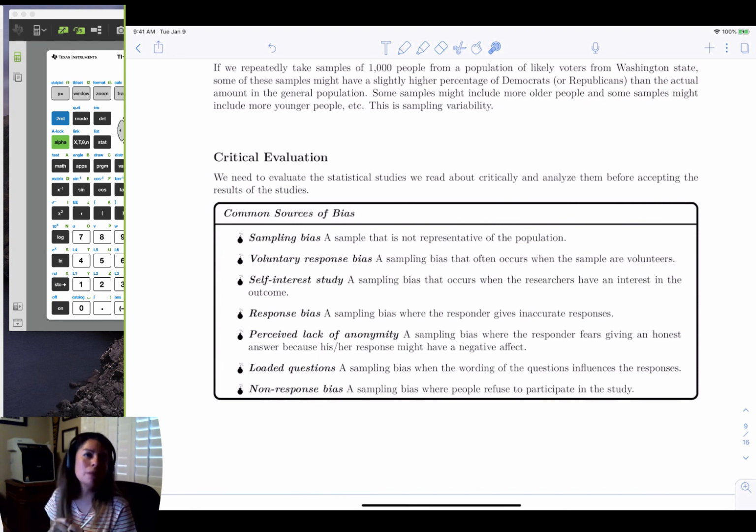So sampling is going to be really important because that's where you're going to get your data from, and that's where you're going to get your descriptive statistics, and that's what you're going to use for inferential statistics, and it's all going to go down the drain if you don't have a good technique in gathering your sample to gather data. Okay,